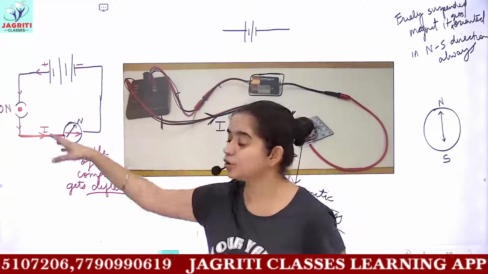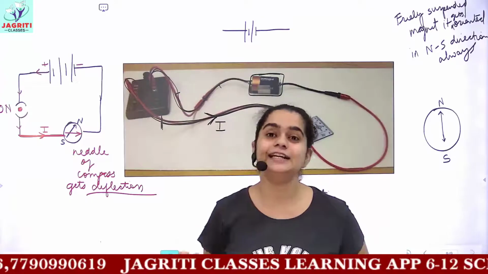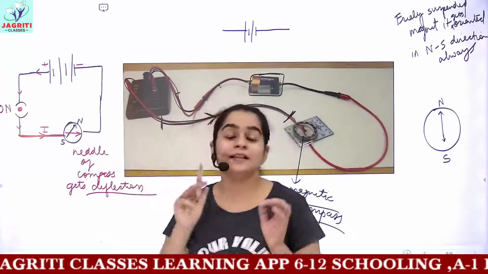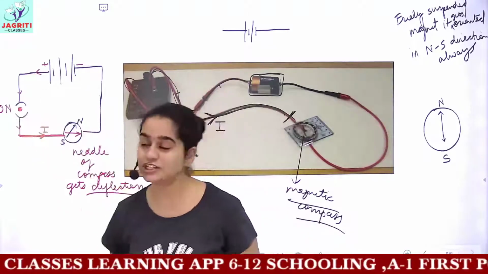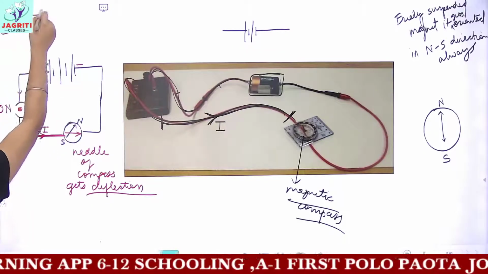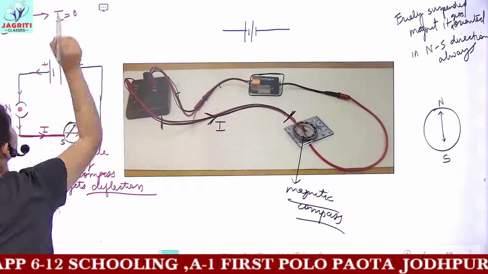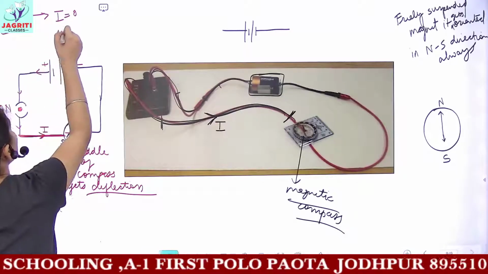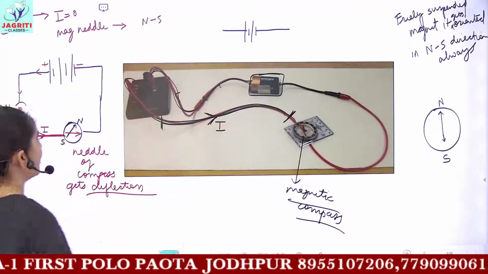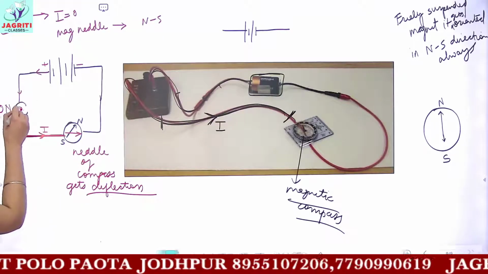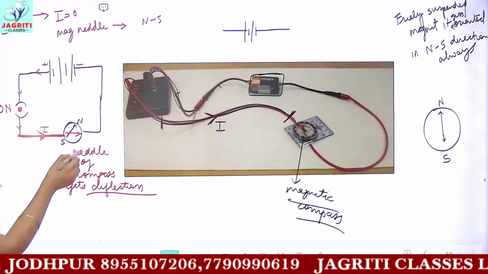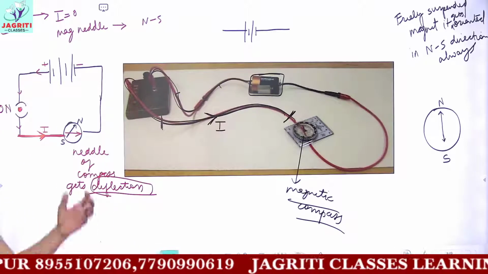Then you can make a sort of circuit diagram, the exact one is provided in your textbooks, and then you can explain that in the first case, the switch was in the off condition. So how can you explain the experiment? When the switch was off, no current was flowing through the conductor, and the magnetic needle was oriented in the north-south direction. But when we switch it on, or close the circuit, then the current flows through the conductor and the magnetic needle gets deflected. So this would be the experiment.